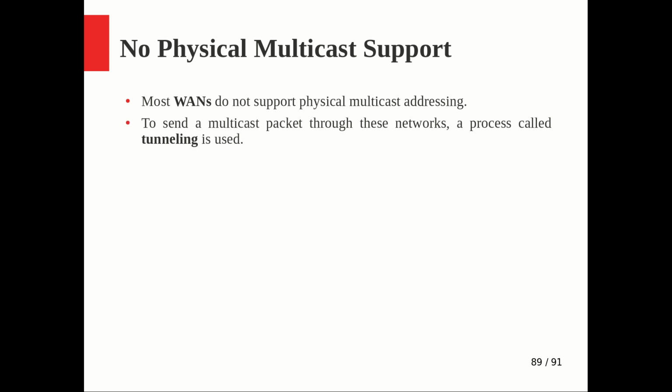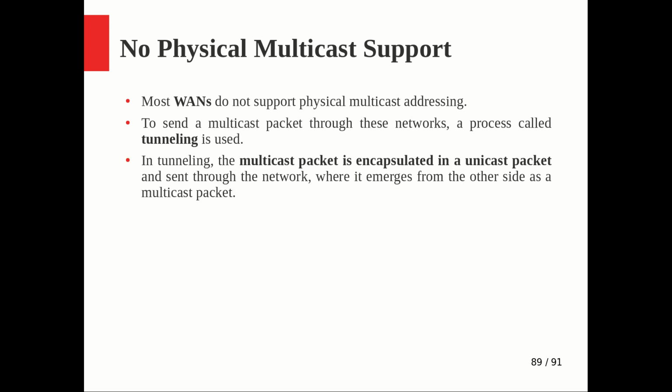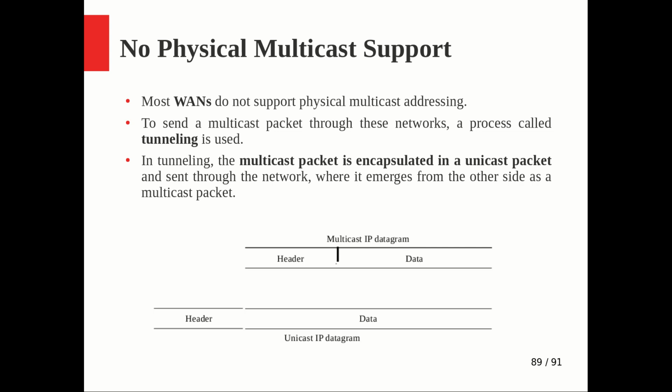At that level, between the routers, we will take the help of normal unicasting, I mean data link layer unicasting, and with the help of that unicasting, multicasting is handled by means of tunneling, because you take a unicast message and the multicast message will be packed or encapsulated inside it and communicated. To send a multicast packet through this network, a process called tunneling is used, something we already saw in our previous video. In tunneling, the multicast packet is encapsulated inside a unicast packet and sent through the network, where it emerges at the other side as a multicast packet.